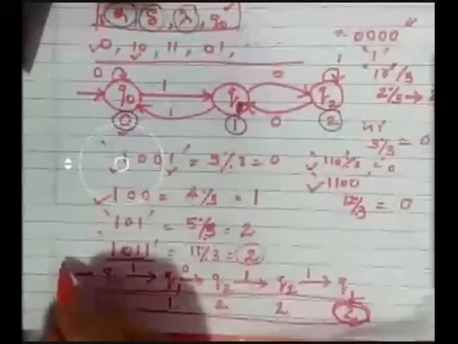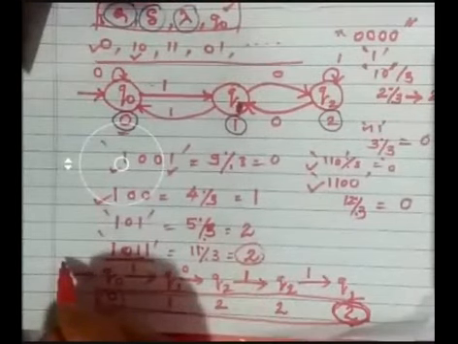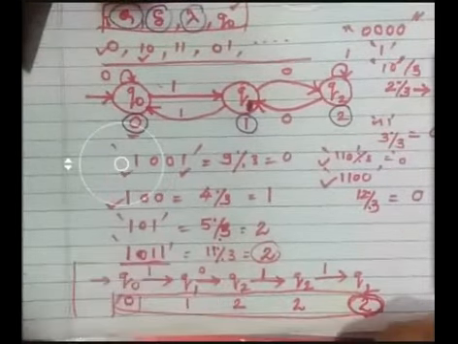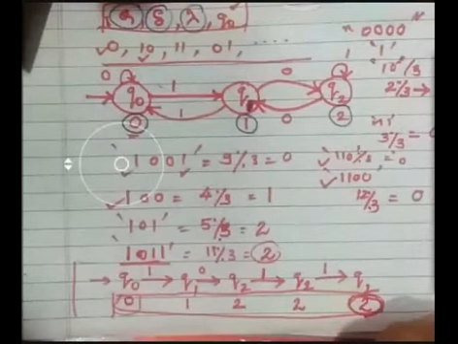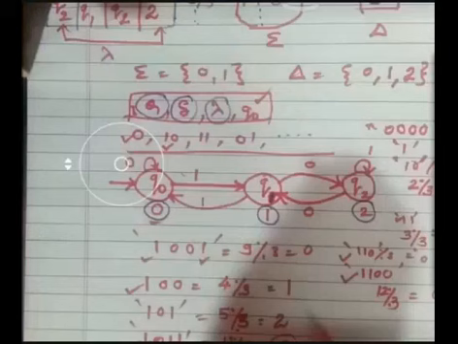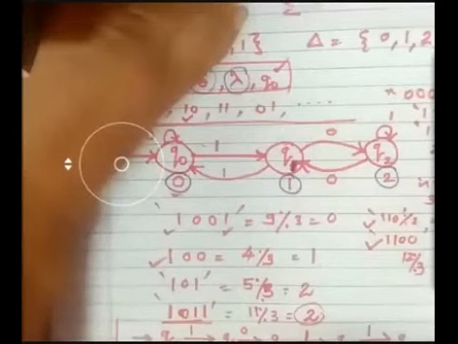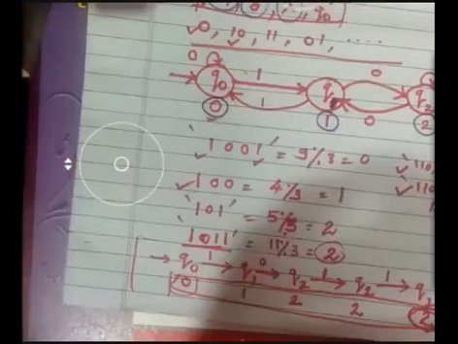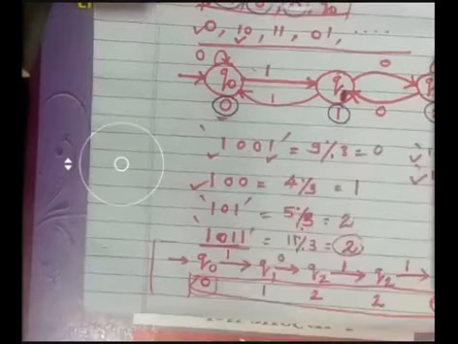So if the question is asked to design a Moore machine, you have to do all these things. You need to represent all 6 tuples, the transition graph, and the table as well. You have to show 1 or 2 examples. This is one example where you are getting output as 2. You can take a small example. For example, in Mealy machine, we had yes and no. We had only shown the example of no. You can also take a simple small example and show the case of yes also.